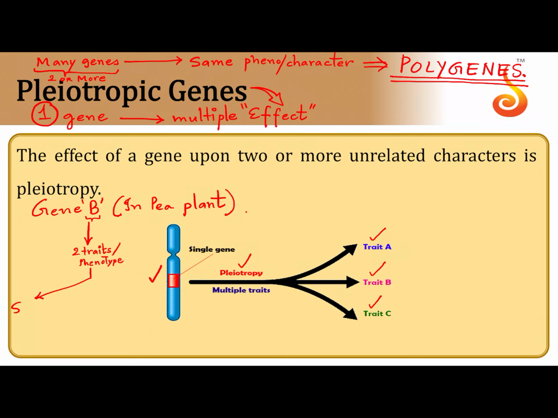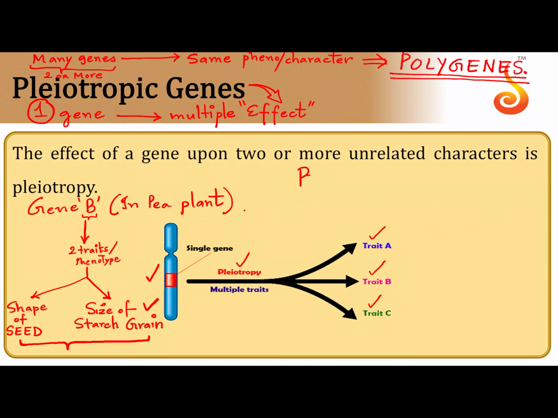One is, not only does this gene control the shape of the seed, but it also has its influence on the size of the starch grain. Now inside the seed, the reserve food material is stored in the form of starch grain. So there is one single gene, but there are two phenotypes. See how one gene is having its influence on two phenotypes. Not only does the gene capital B code for the shape of the seed, but it also controls the expression of the size of the starch grain. So this is the best example for pleiotropy.